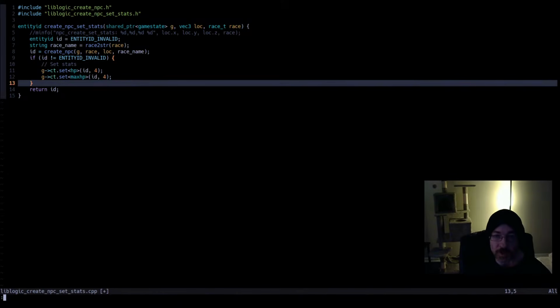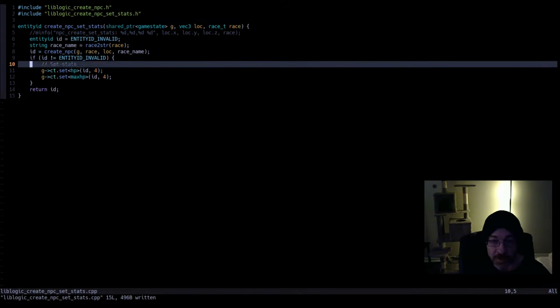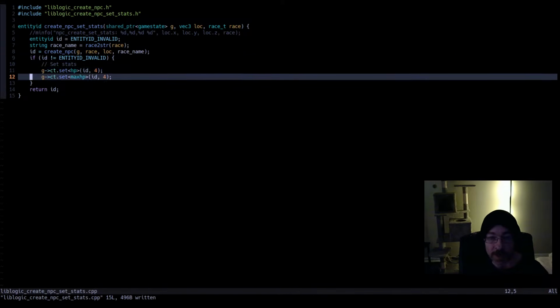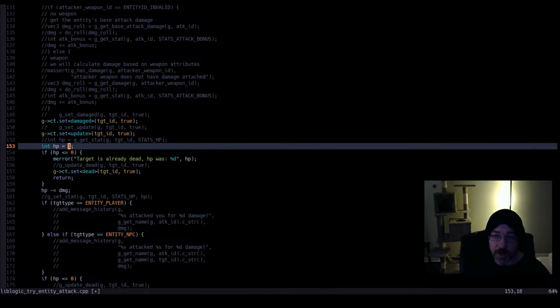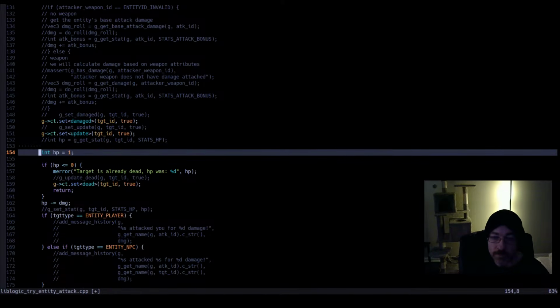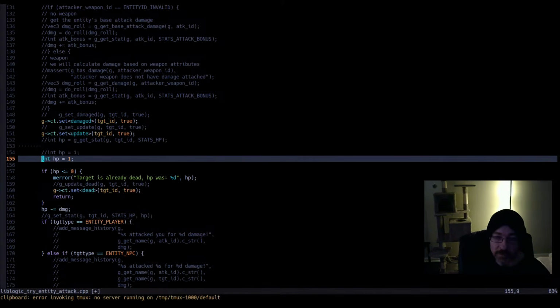So we wanted to hard code in 4 HP as an example for this new entity. Do that right here. Now it's up to me to actually utilize it somehow. So back over in try entity attack, right? Instead of HP equals that,